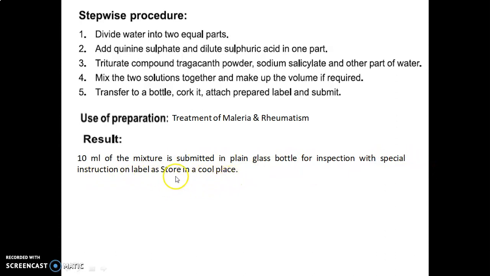As we saw in this particular mixture, we saw the tolerated type of chemical incompatibility, as it contained the indiffusible solid. So for overcoming this particular type of tolerated chemical incompatibility, we have to use method B, that is, we have to use the 2% compound tragacanth powder to overcome this type of incompatibility.